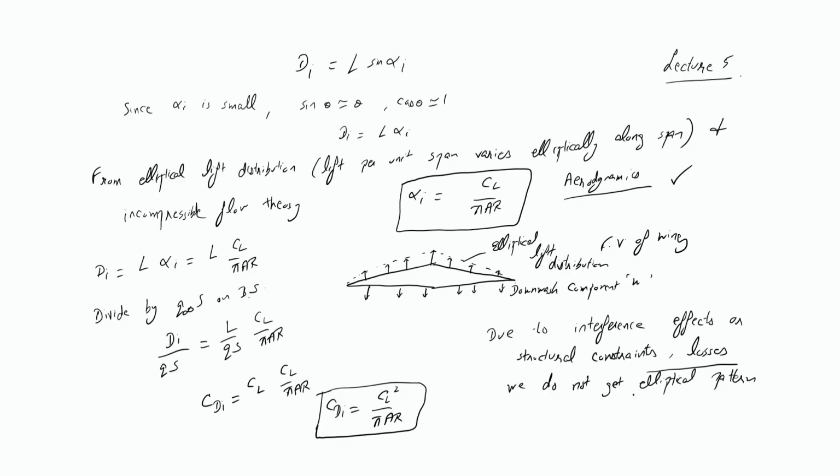We do not get an elliptical pattern. So for example, if this is the front view, we will be obtaining something like this, the lift distribution. Okay, so this is non-elliptical. So that means what? The further CDI will increase. CDI increases further. So we can include this factor of non-elliptical lift distribution by a term known as span